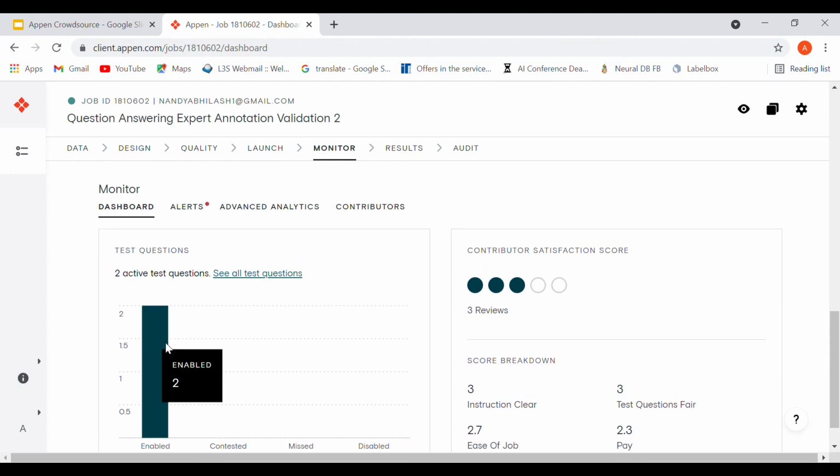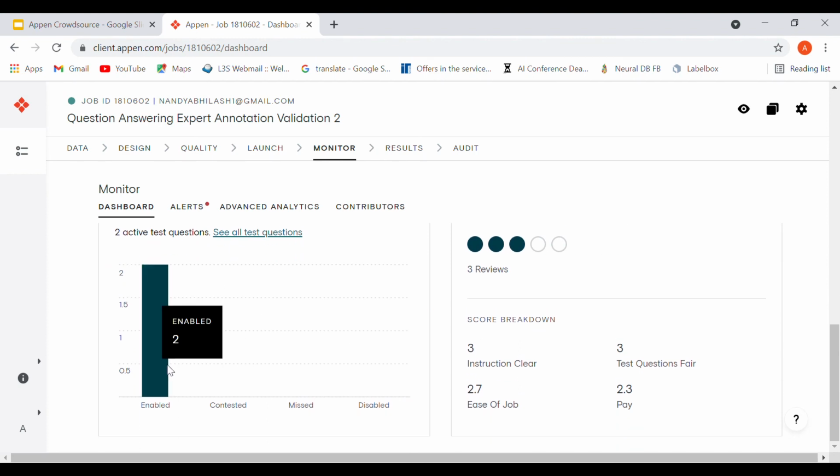So these are some test questions, and you can see the number of test questions. And over here there is finally an internal survey that Appen puts up for any crowd worker. At the end, the crowd worker can, if he or she wishes, take this survey. It is basically a feedback form where you can score based on the clarity of the instructions, whether the test questions were fair, and the pay. Pay is a big matter when it comes to crowdsourcing platforms like MTurk and even Appen.